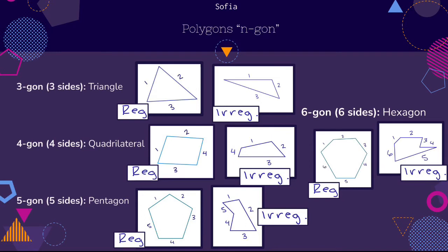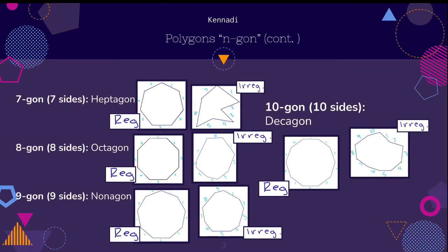n equals the number of sides. So a 3-gon would be 3 sides, which is a triangle. A 4-gon would be 4 sides, which is a quadrilateral. A 5-gon would be 5 sides, which is a pentagon. And a 6-gon would be 6 sides, which is a hexagon. A 7-gon is a heptagon, an 8-gon is an octagon, a 9-gon is a nonagon, and a 10-gon is a